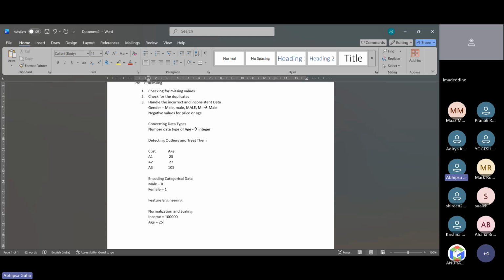Then we go for clarity of the other columns. We take the clarity of them and validate them. If they are useful, we keep them. If they are not, we drop the unnecessary columns.